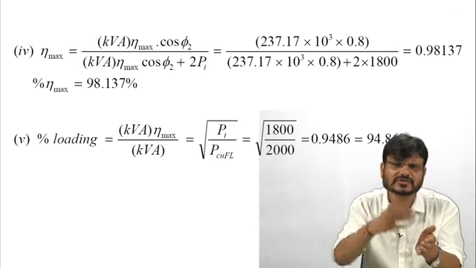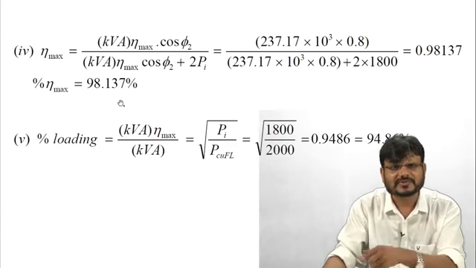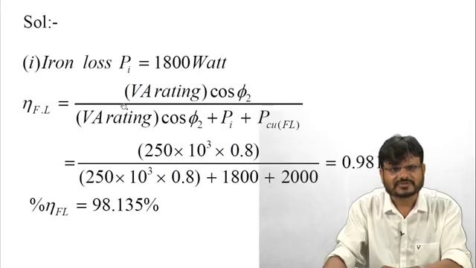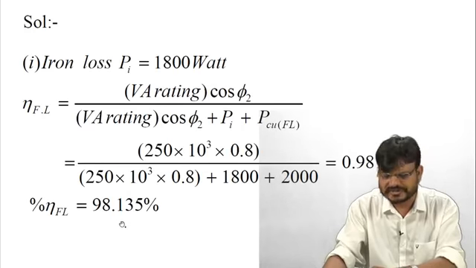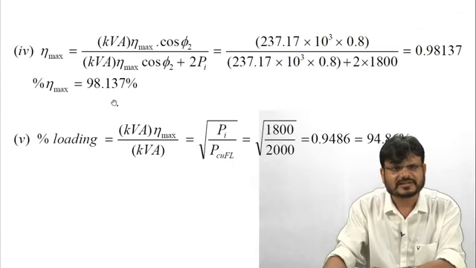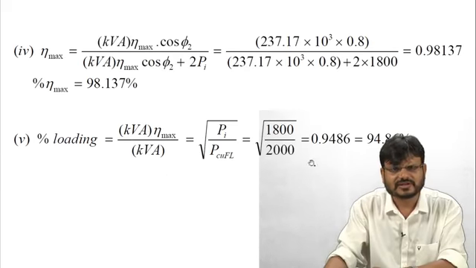So here efficiency is coming 98.137%. The efficiency at full load was 98.135%, and here efficiency is 98.137%. And if you want to calculate the percentage loading, just use this formula. So this is coming